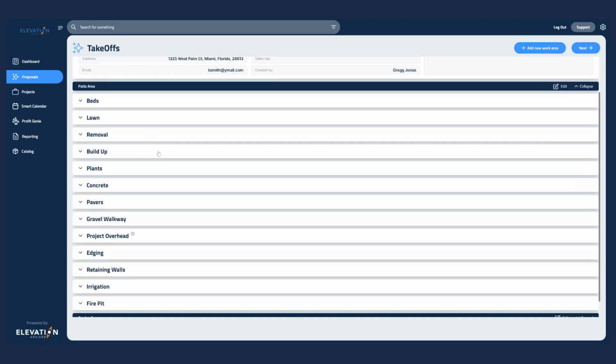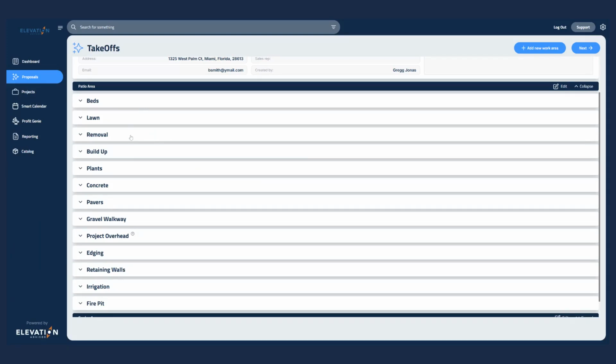Now, for this example bid, we're going to organize the sections in the order we plan to teach and present them, not necessarily in install order. If you're following along and creating a sample bid, which we highly recommend, you should organize your sections in the same order as ours. We've laid them out from simple to complex, so they're easy to teach, build, and follow. Here's the order we're going to be using. Beds will be at the top, then lawn,